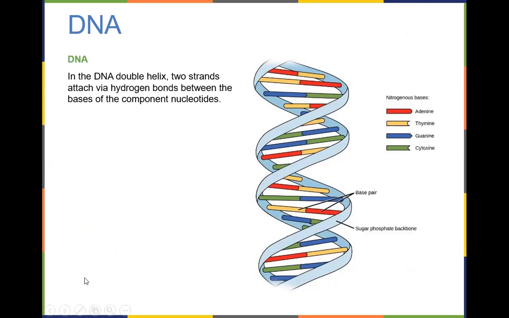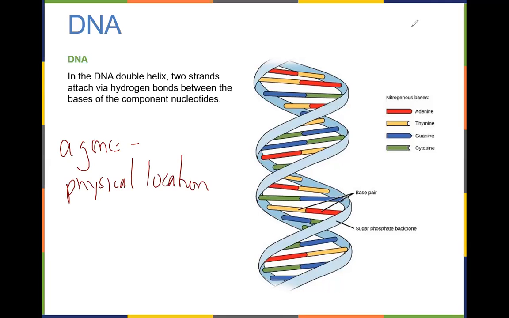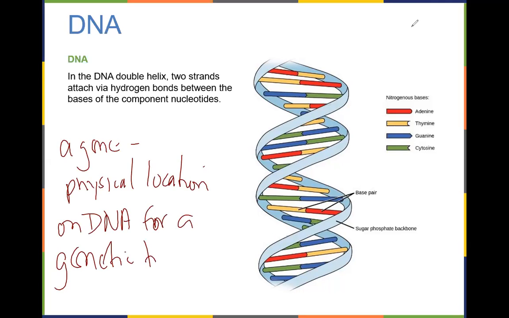And let me say a few more things about this. A gene, bring my little marker back down. A gene is only the physical location on DNA for a genetic trait. The information on hair color or eye color or skin color or silly things like being able